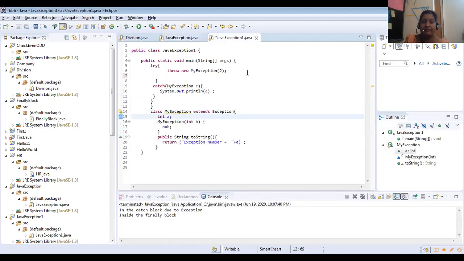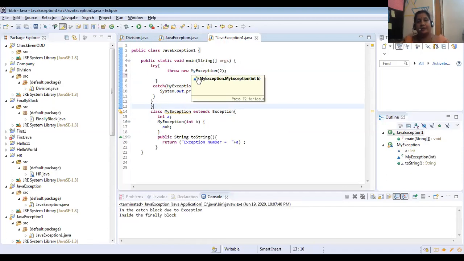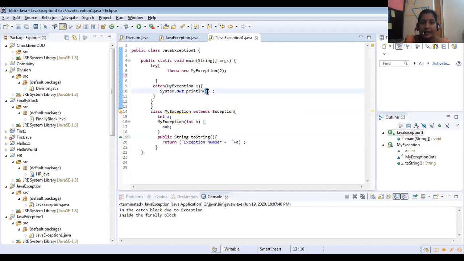One more example we will discuss related to user defined exception. Here you see nowhere arithmetic, nothing is there. So I have written it where my main method is, here only. Try, throw new my exception of 2. When you are writing your exception, you write this new my exception of 2. Whether it has been handled or not, it will check. Yes, catch my exception e, anything you can give. System.out.println of e, the system generated message. So int a, okay, my exception extends exception. Exception is a general exception class.